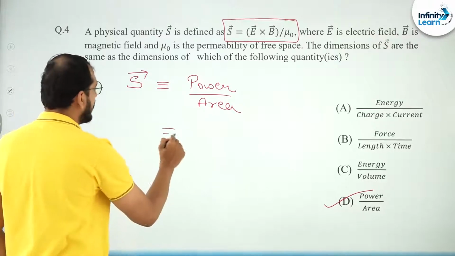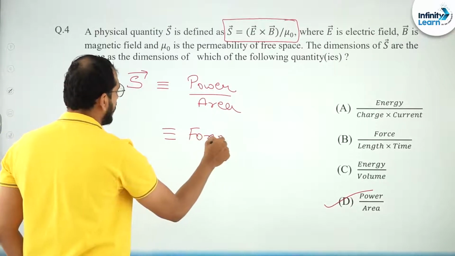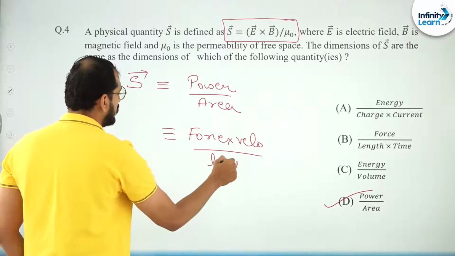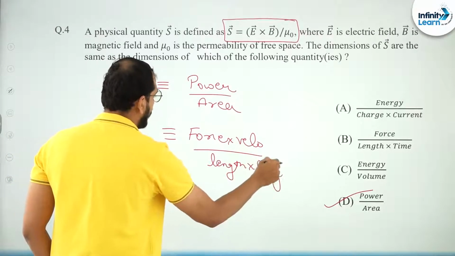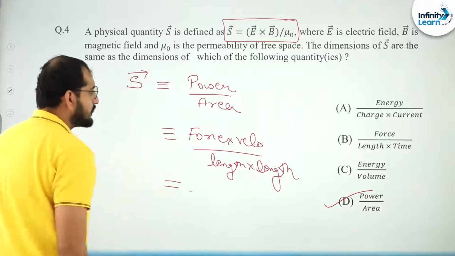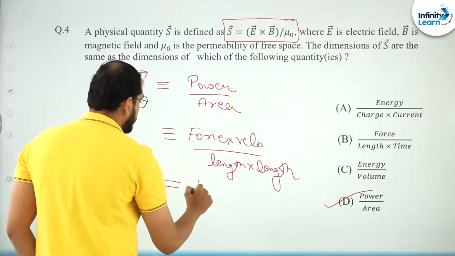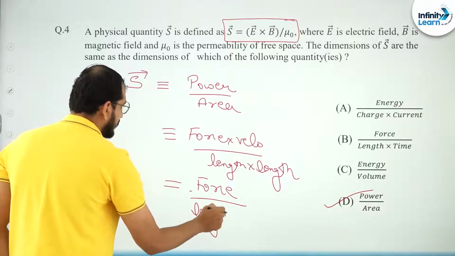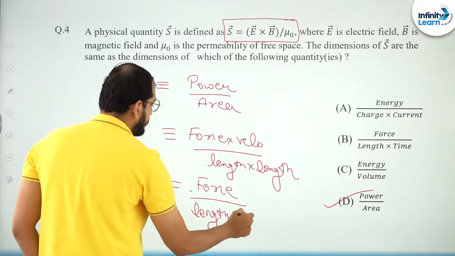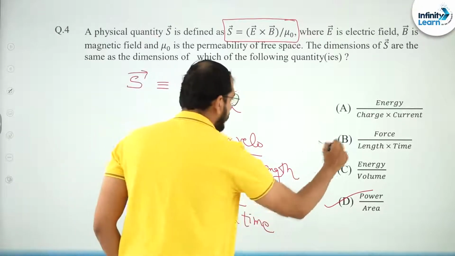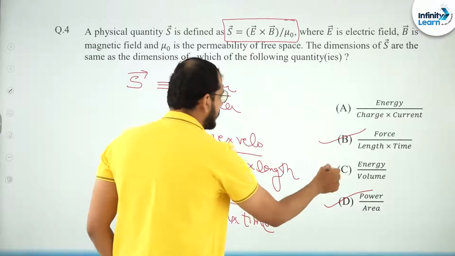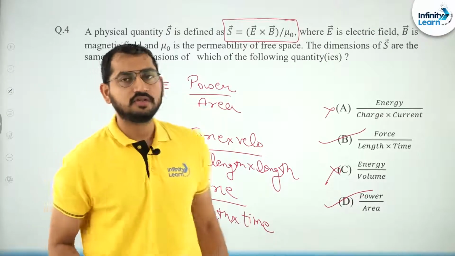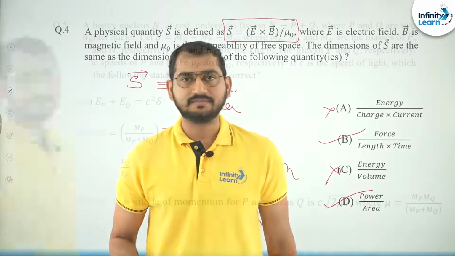And if I write down power as force into velocity in my next step, and write down area as the multiplication of two lengths, right? Here what you are going to get is this velocity divided by length, keeping this length as it is, right? And this length divided by velocity will become time. Okay, so option B will also be my correct answer, right? And obviously we can see that options C and A will not fit into this equation. So for this particular question, B and D will be the correct answers.